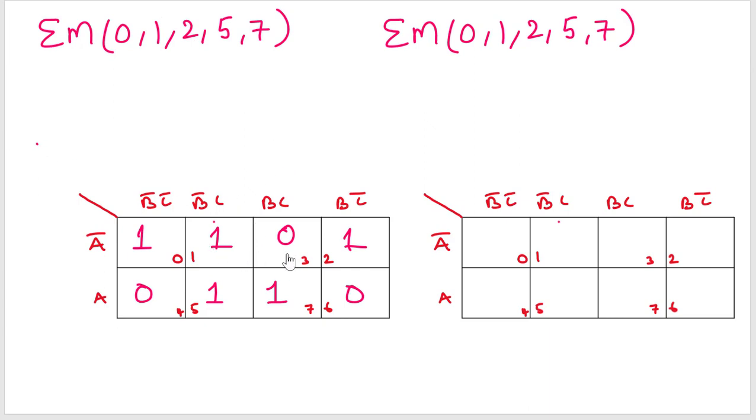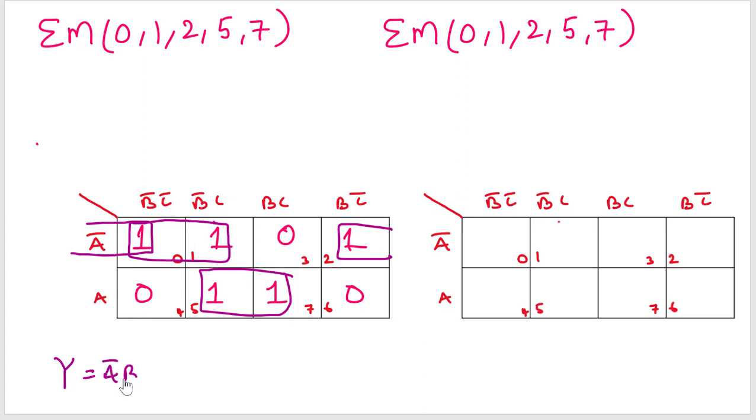If you look here, there is no possibility for quad formation, there is only the possibility of pair formation. So we can form these two as a pair, and these two as a pair, and this one and this one also as a pair. So you have a total of three possible pairs. You are going to get the output Y equals a bar b bar if you take this pair, a c if you take this pair, and a bar c bar if you take this and this as a pair. So you have a total of three minterms, and each minterm has two literals.